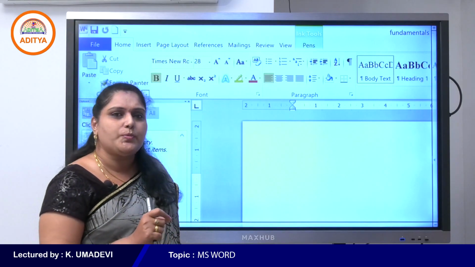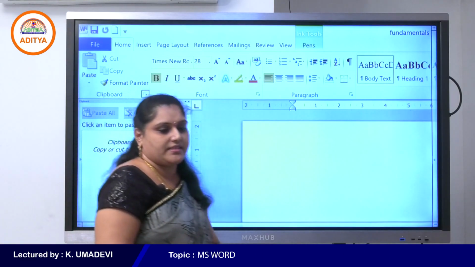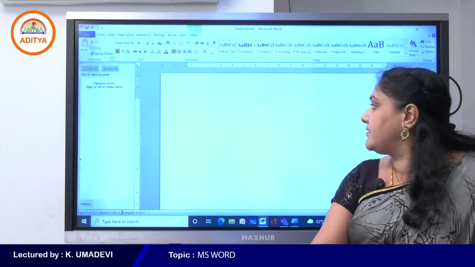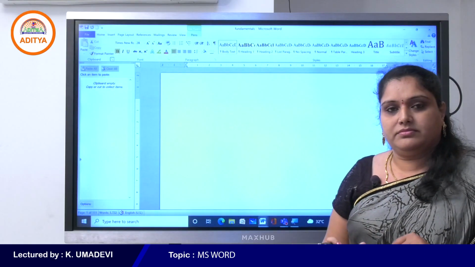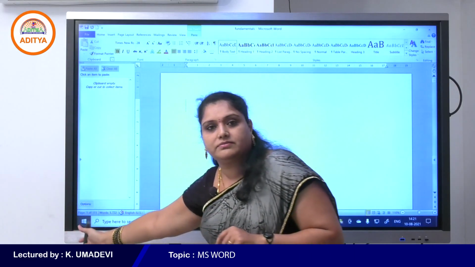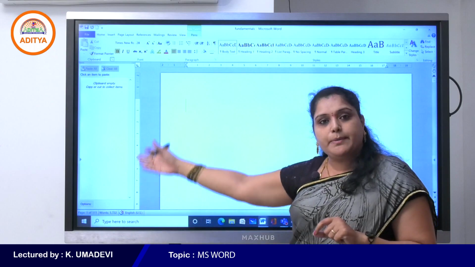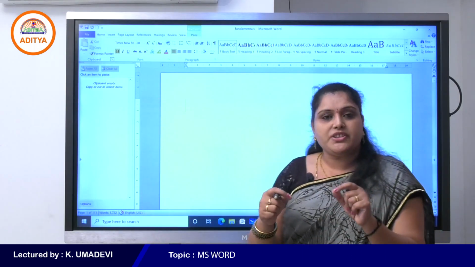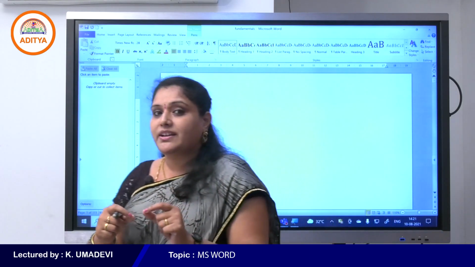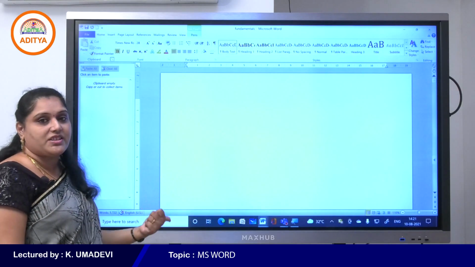In most of the groups, it is used to display the task pane, which is displayed at the left side of Word. This is called the task pane, and this is the clipboard task pane. The task pane is used to manipulate the data inside the document. So that is the advantage of the task pane.